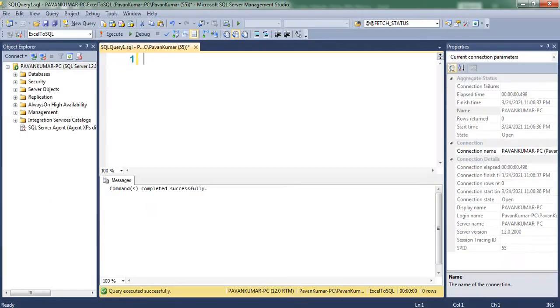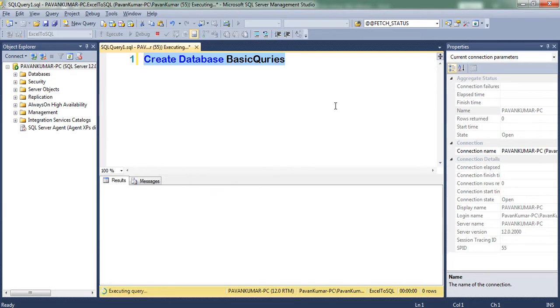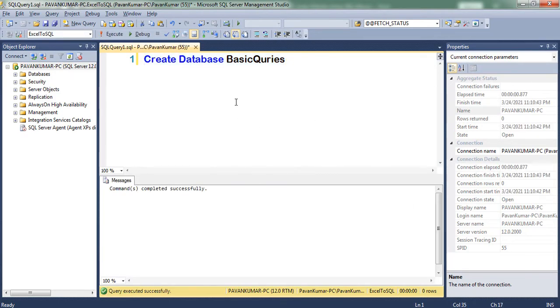So before executing the process, first I am opening the SQL Query Analyzer. In that I am creating a database. So this is the database name which I created. Now this command executed successfully.